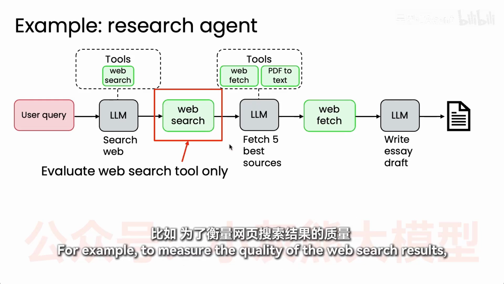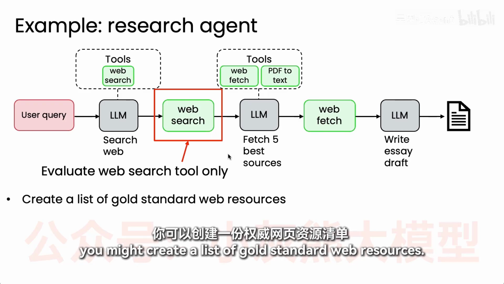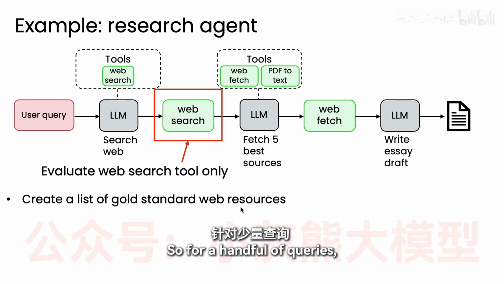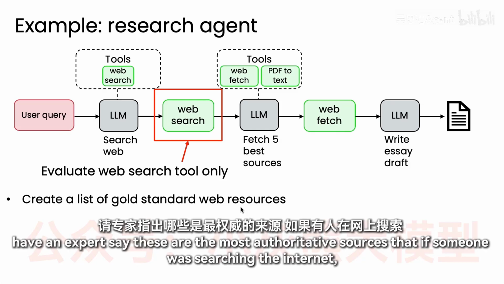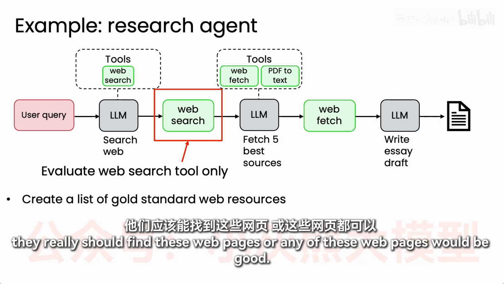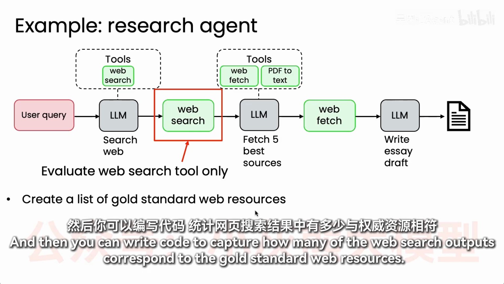For example, to measure the quality of the web search results, you might create a list of gold standard web resources. So for a handful of queries, have an expert say these are the most authoritative sources that if someone was searching the internet, they really should find these web pages, or any of these web pages would be good. And then you can write code to capture how many of the web search outputs correspond to the gold standard